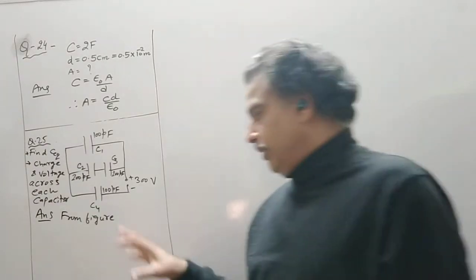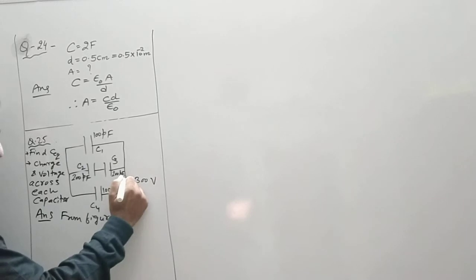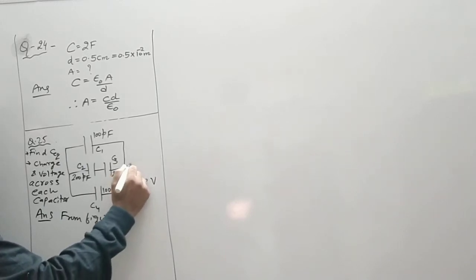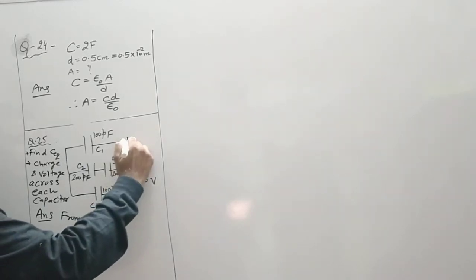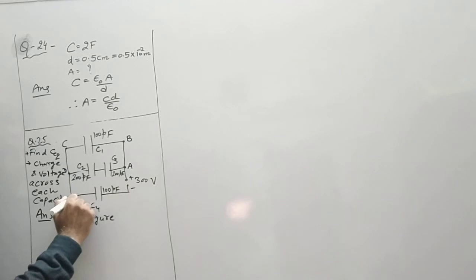So from the figure we will move from the positive terminal to the negative terminal. See, when I start moving from the positive terminal, I come across a point A, which is a junction. There is a division of the path. Let us name all these points as A, B, C, D, E, F. So there are 2 paths. One is going from A to D, the other is going from A to B to C.